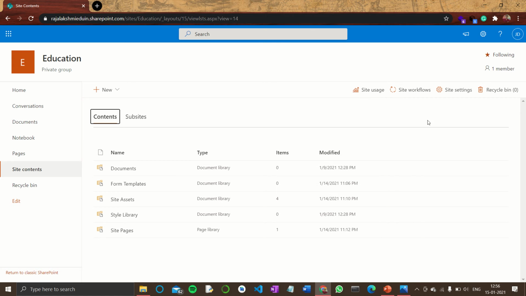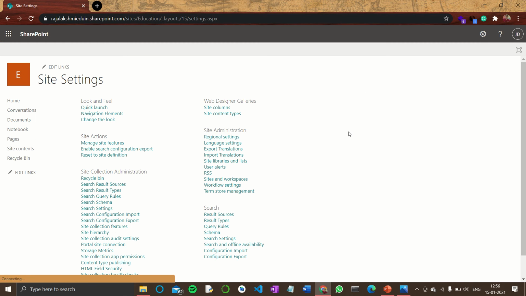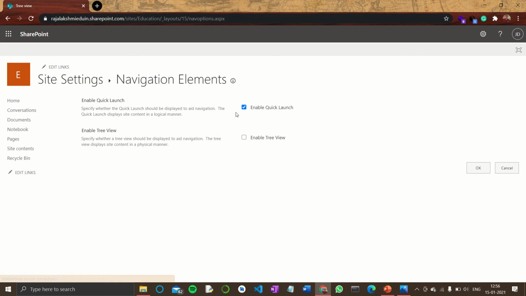Here you have site usage, workflows and settings, right? In that you need to select site settings. In site settings, you can see navigation elements. Click on that. In navigation elements, enable quick launch is enabled. You uncheck that box and click OK.